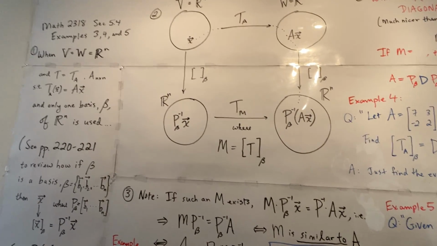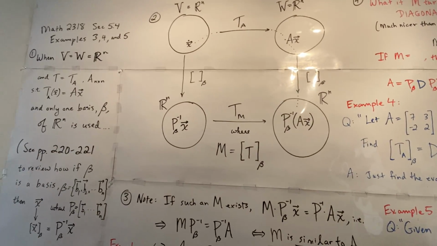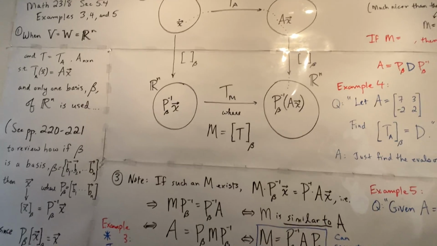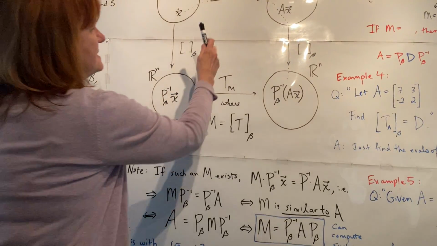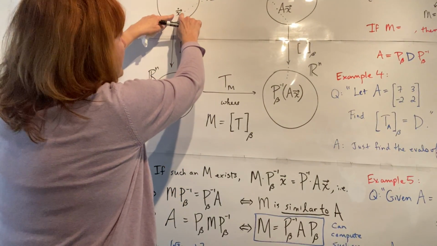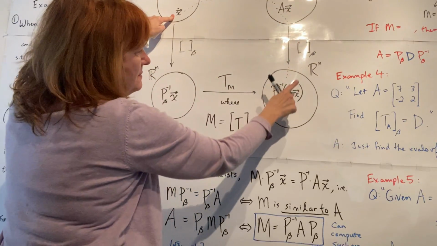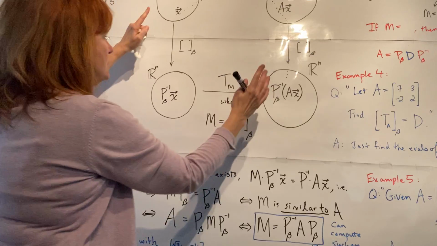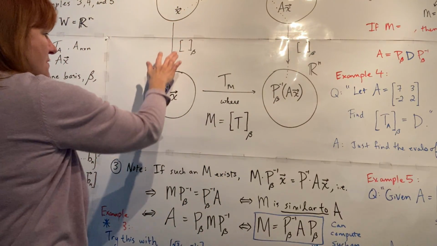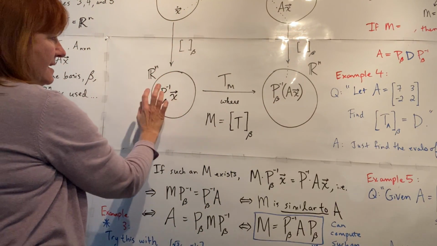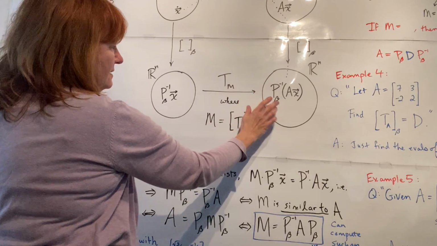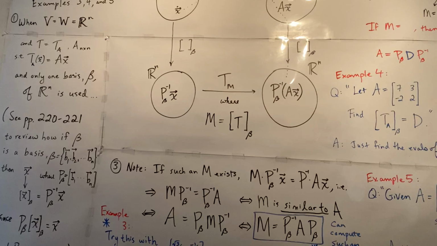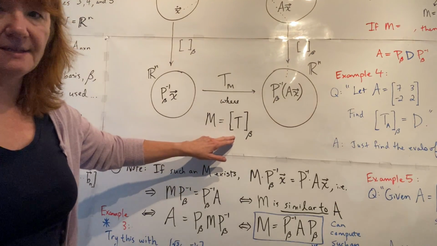the same setup that you saw in examples 1 and 2 in section 5.4, this kind of graph, where we're saying that if you take x, map it to A sub x, and then map it here, and that's going to be by multiplying on the left by this, you should get the same thing if you take this first through the coordinate mapping and then over here. If there is some matrix M, which your book likes to notate this way,